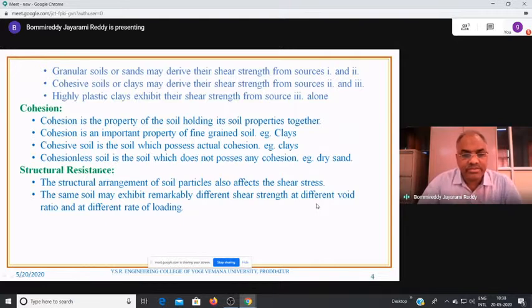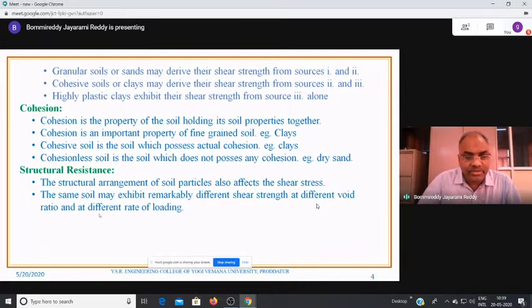An example is clays. And you know another type of soil is cohesionless soil. Cohesionless means there is no cohesion in the soil, for example, sand. So the sand particles are not intact. All the particles are individual. When you press a cohesionless soil, it may be intact, but when it is released naturally, all the particles separate out. So that means there is no cohesion. There is no intact media for holding all the soil particles together in the case of cohesionless soils.